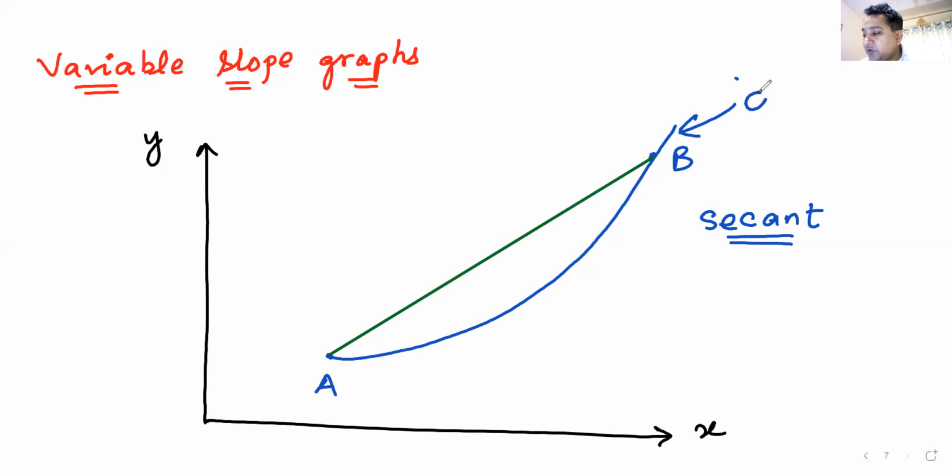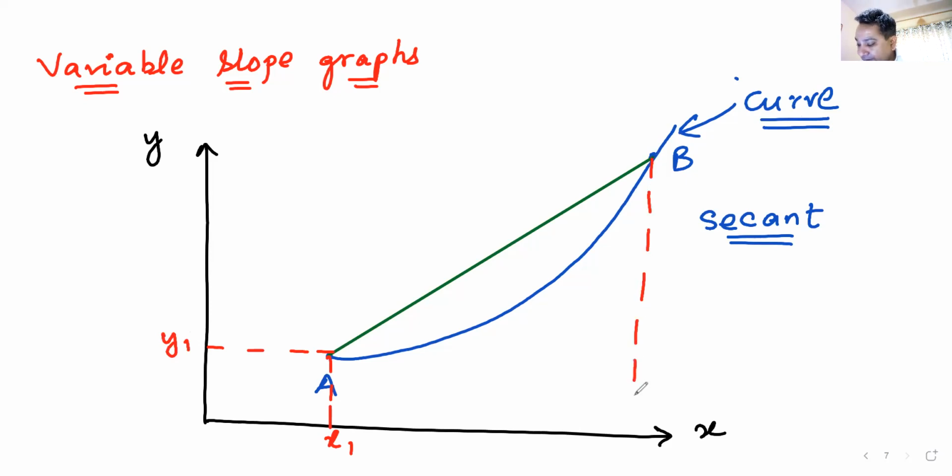This line, this is the blue thing, as you can see, is some sort of a curve where y is a function of x and we do not get a straight line, we get a curve. So AB is some sort of a curve. A is 1 point on the curve. Let me name its coordinates. Say, let us say this is x1 and let us say this is y1. Do we understand what I'm saying here? Is everything clear, or is anything confusing? So this coordinate is x2 and this coordinate is y2. I hope I'm clear with this drawing. I hope you're also drawing with me. You might have to keep this drawing for the next class.